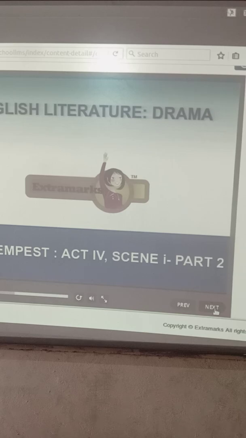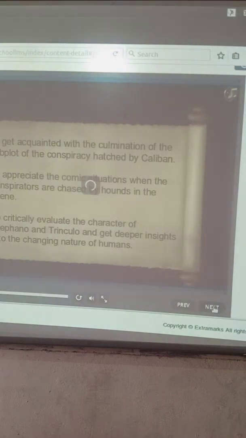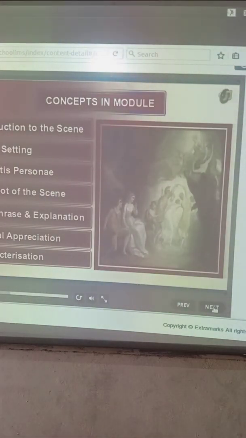The Tempest, Act 4, Scene 1, Part 2. Learning Objectives. At the end of this module, the students will be familiar with the concepts in the module: Introduction to the Scene, Scene Setting, Dramatis Personae, the plot of the scene, paraphrase and explanation,